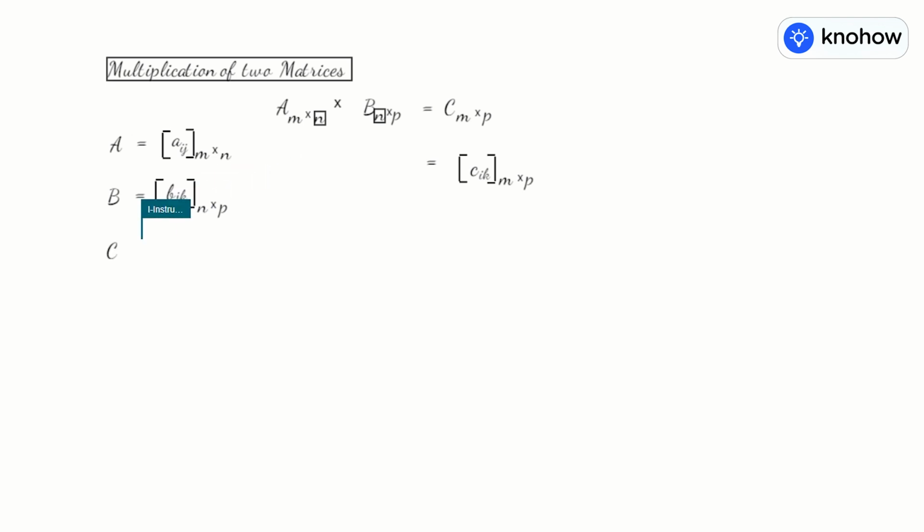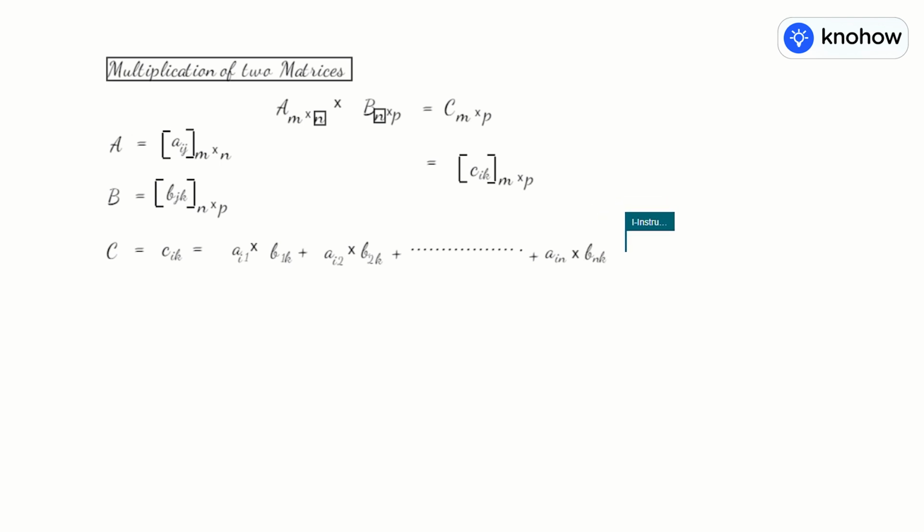What is the ikth element? The ikth element of the resultant matrix, make it small, cik will be Ai1 into B1k plus Ai2 into B2k and so on, and finally